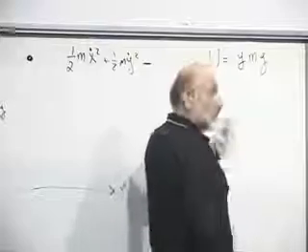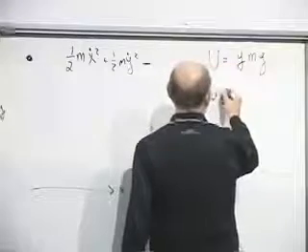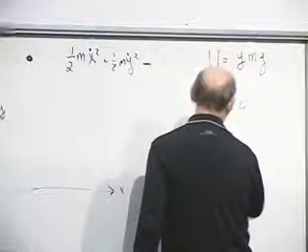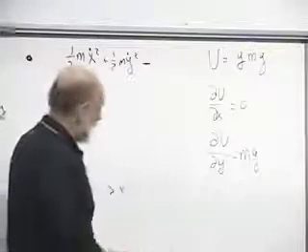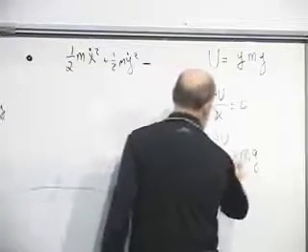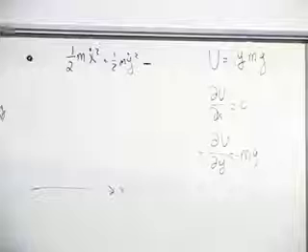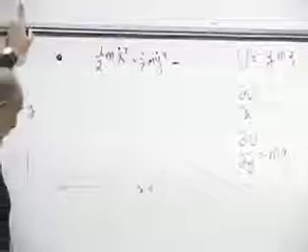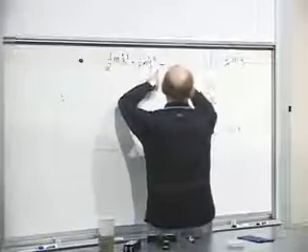Let's ask, what is the force on a particle? The force on the particle has no x component because du by dx is equal to 0. Du by dy is equal to mg, but the force is minus that, so minus du by dy is minus mg. And the minus sign represents the fact that the force is downward when we take the y-axis to be pointing upward. So it's accelerated downward. So the Lagrangian has the potential energy subtracted: minus mgy.